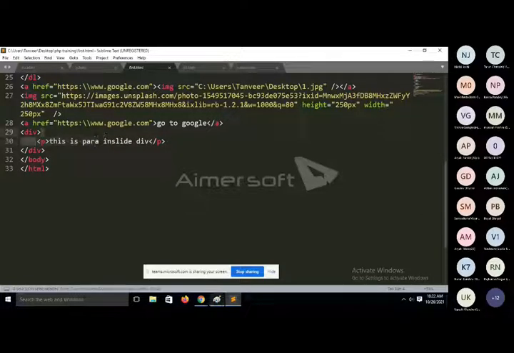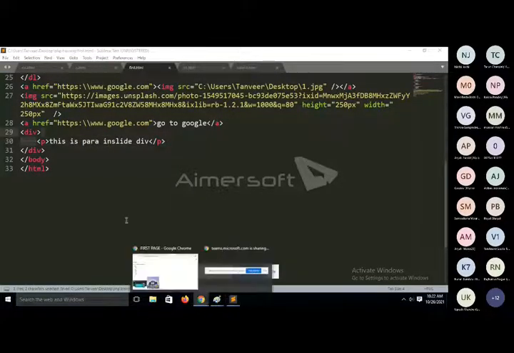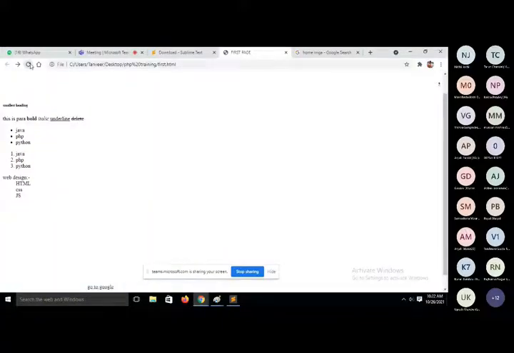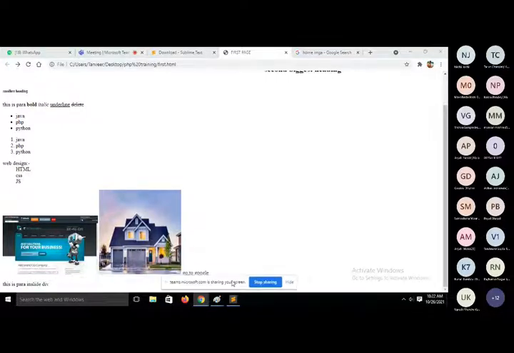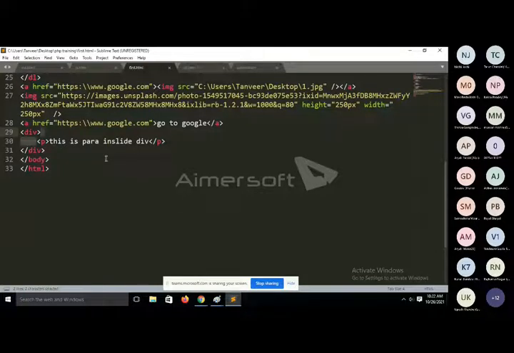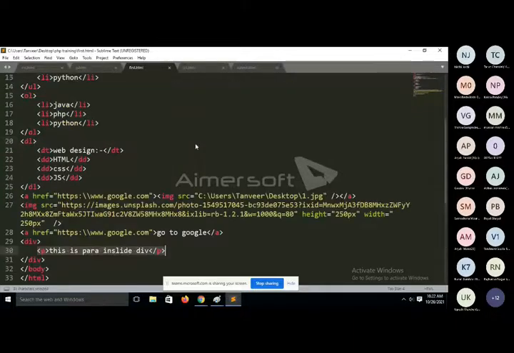But how can we identify, sir, that this paragraph is inside div? We are not applying a property here right now. After some time, when we apply a property on this tag, then you can easily see the division and its paragraph different from other normal paragraphs.